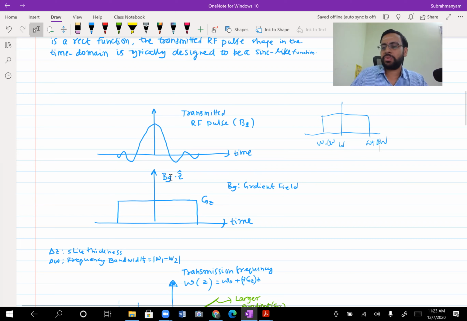Is that clear? Yes, sir. Good. So the angular velocity during precession remains the same. Right, correct. That's right. Because angular velocity is dependent on what? That also we have derived, right? Omega in radians per second, gamma times B naught, is the frequency. As long as the applied field B naught is constant, gamma times B naught is the angular velocity, or the velocity with which it rotates. So as long as your magnetic field is constant, your velocity is constant.